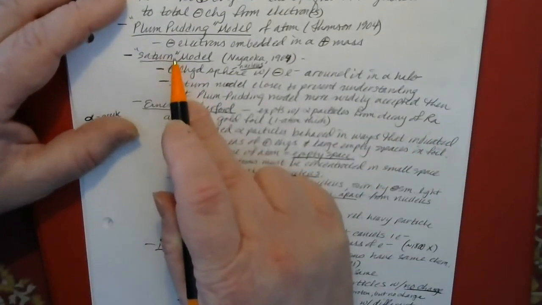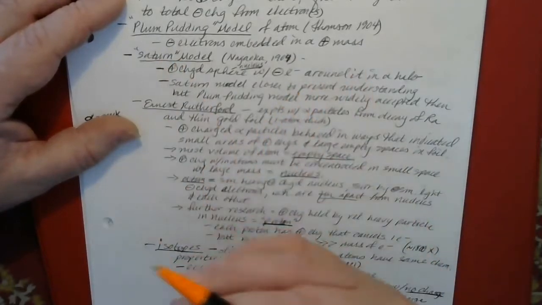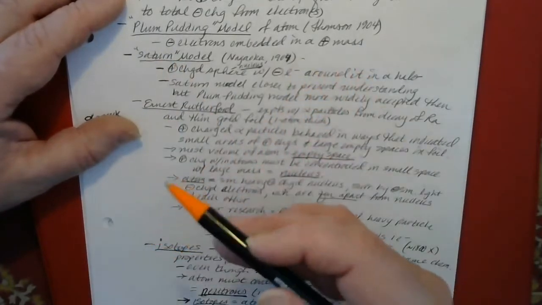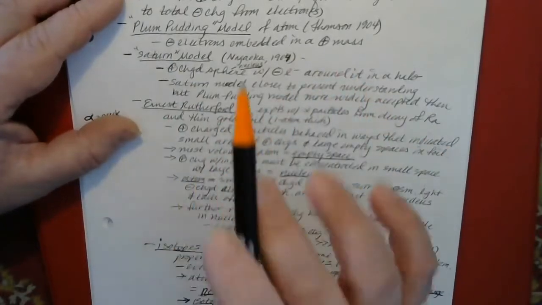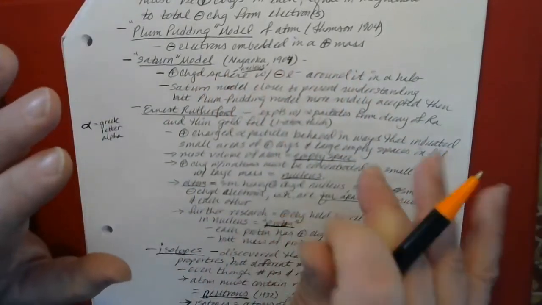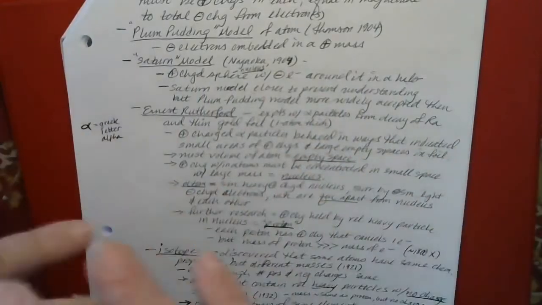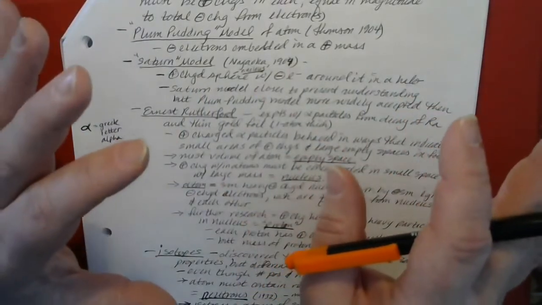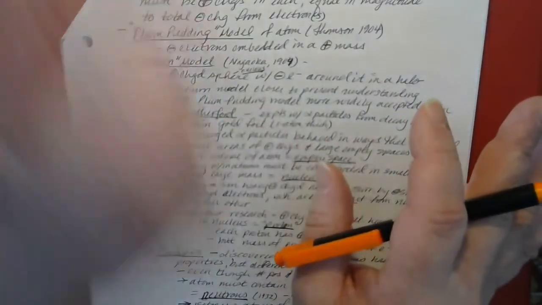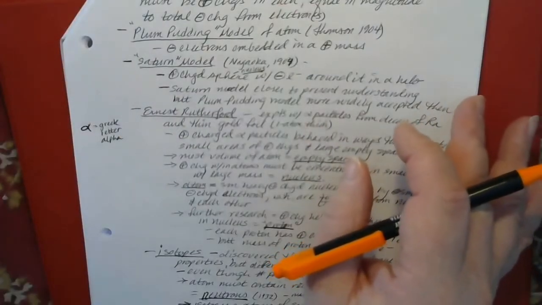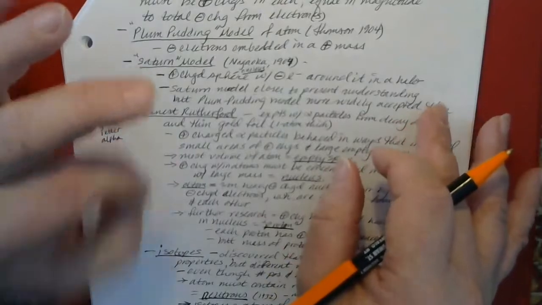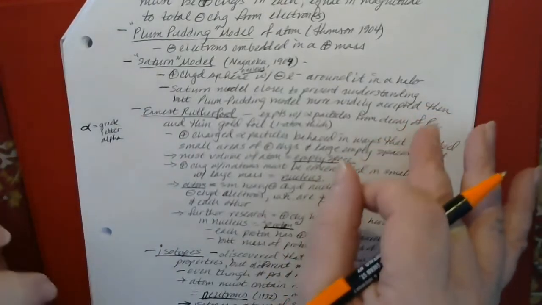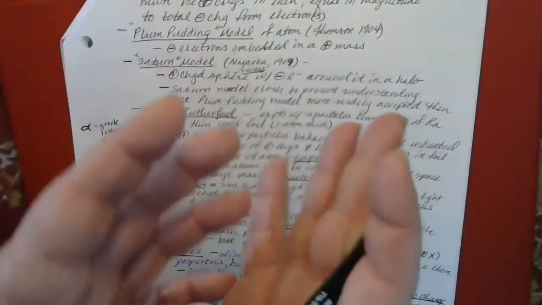Anyway, in this analogy, he was seeing the electrons as being the raisins, and that gelatinous mass, the pudding, he was seeing as being the positive charge. It was sort of like a mass of undifferentiated positive charge with these little raisins of negative charge stuck in it. And so he didn't think that there were actually particles with positive charges, which we now know to be protons. He didn't believe in that. He thought that it was like one continuous mass of positive with some negative little bits here and there.